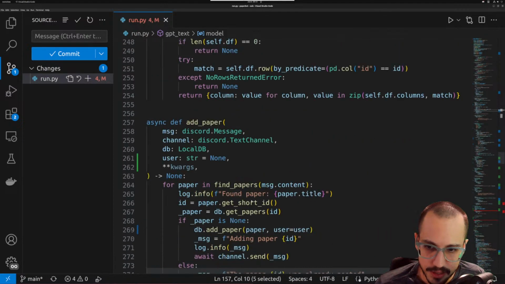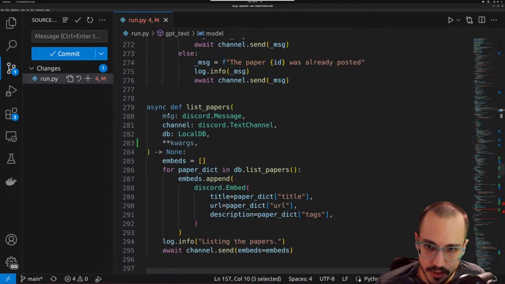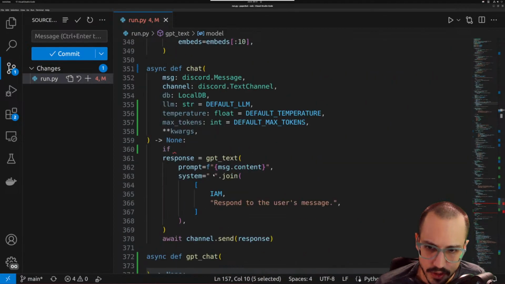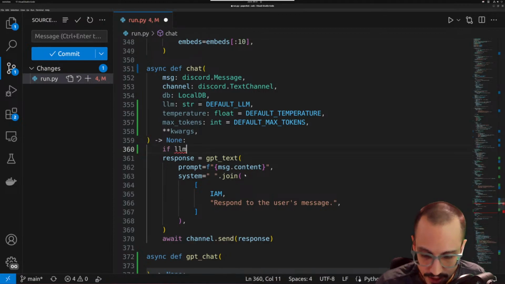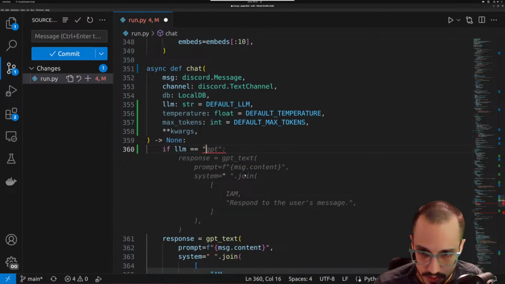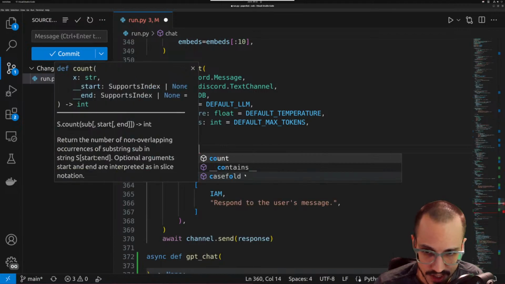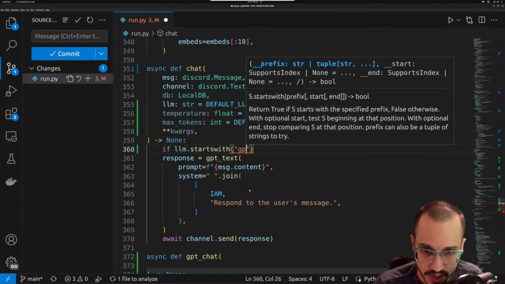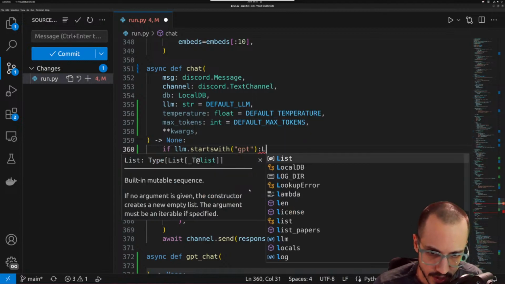Local DB, add paper, list paper, share sources, author info, LLM string, default LLM. If LLM equals or dot contains or starts with GPT, then